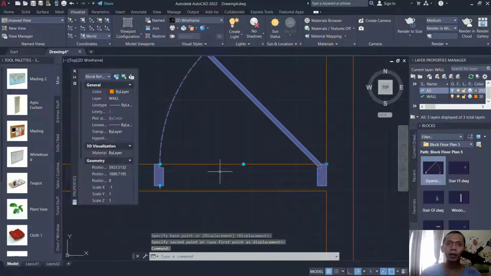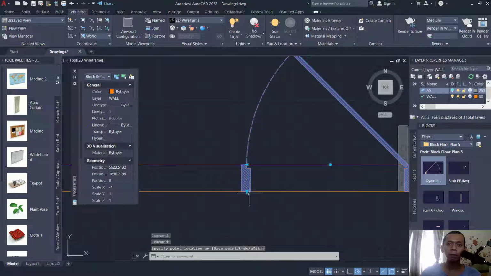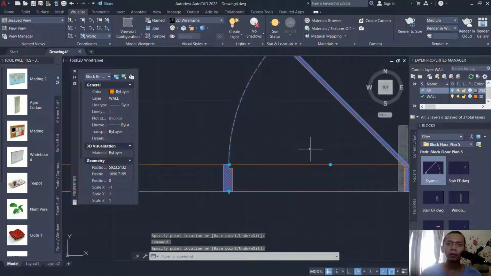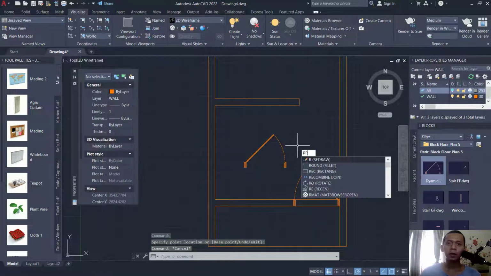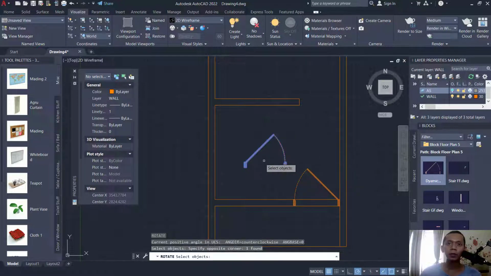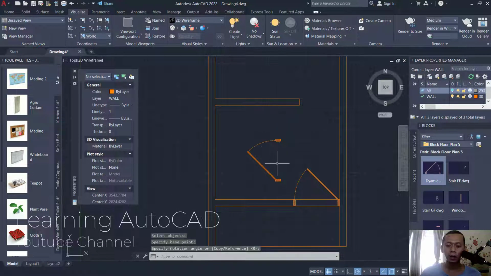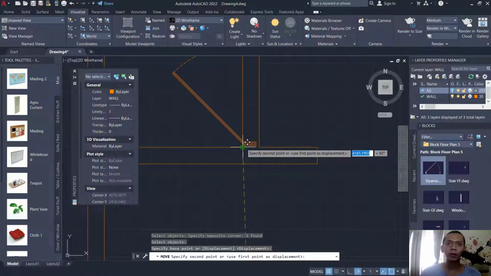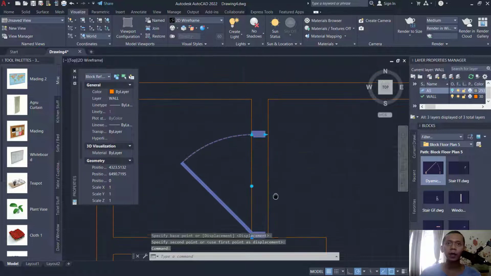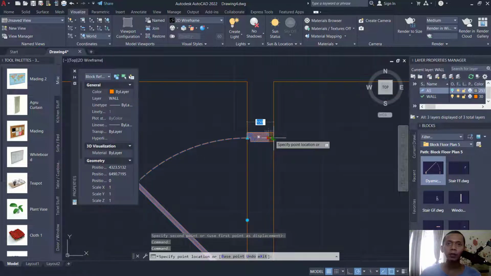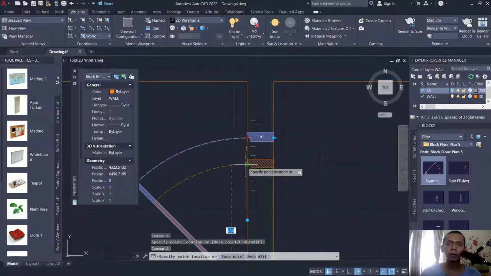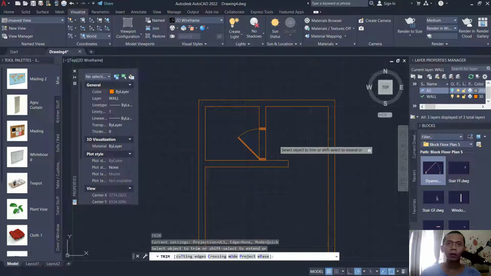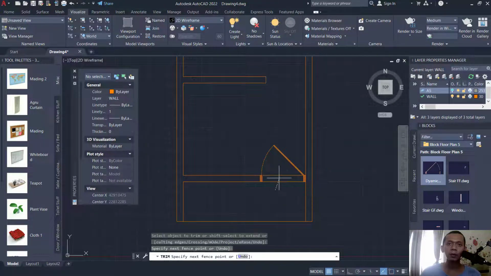You can click and we can change the size. I will click this arrow, move to the bottom, and this arrow I will set here to 1000. Okay, use the rotate command to rotate these objects to the top, and then you can move from this point into this point. Next we can resize these objects. I will set it to 700. Okay, you can use the trim command to cut this line, and also at this point.